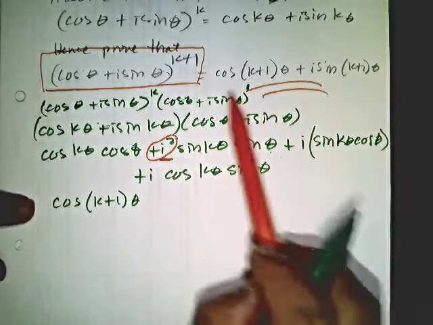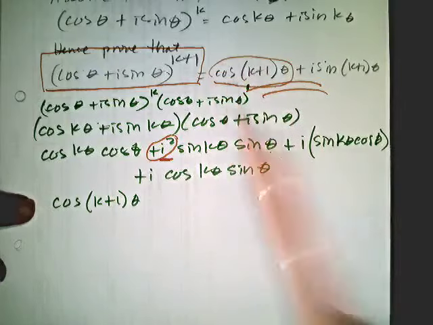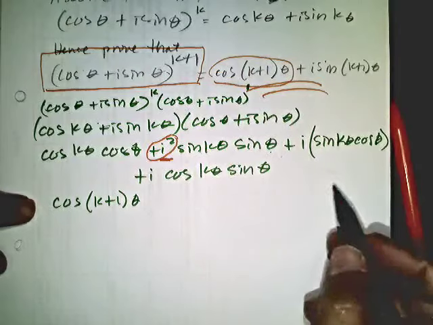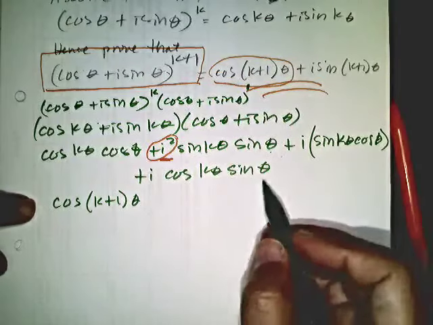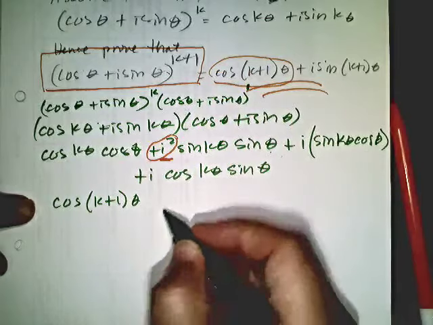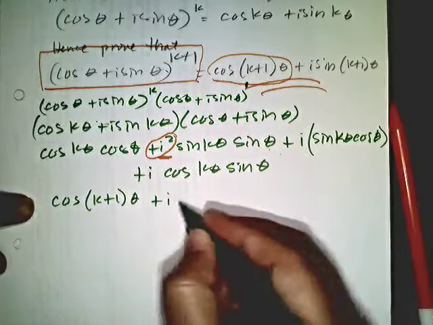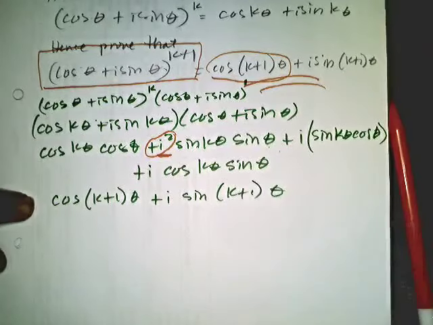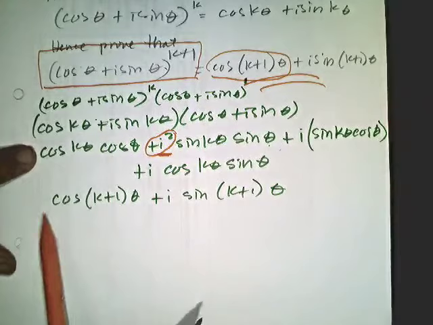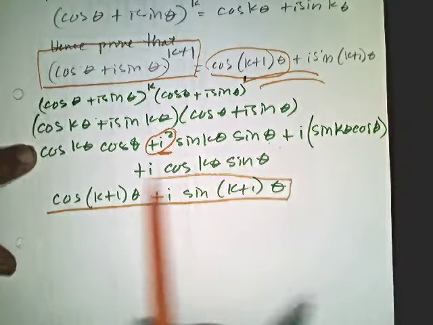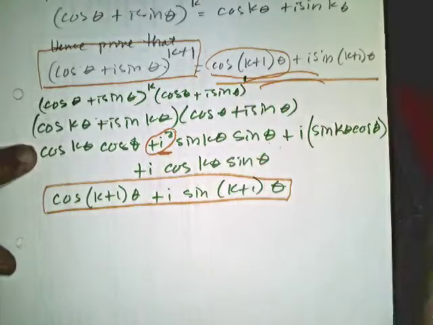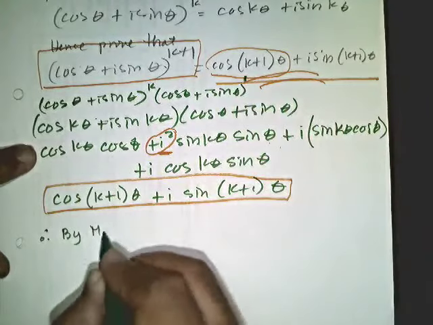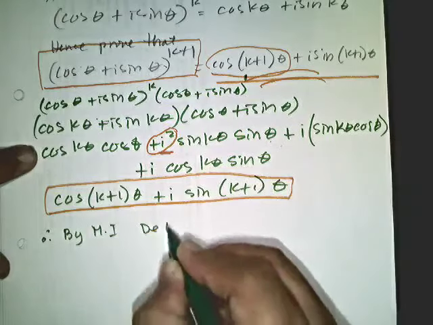And this portion here, sine cosine plus cosine sine, is actually the expansion of plus i sine of k plus 1 theta. So therefore, since the left hand side is equal to the right hand side, therefore by mathematical induction, De Moivre's